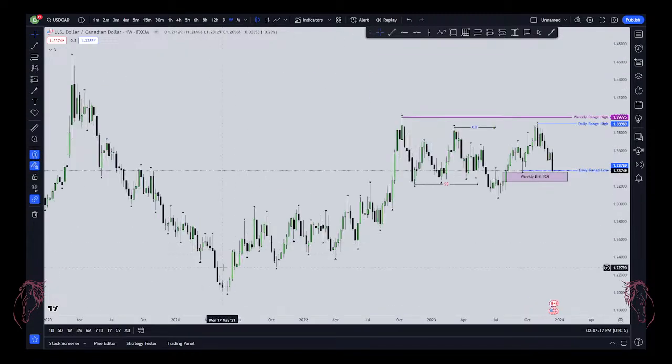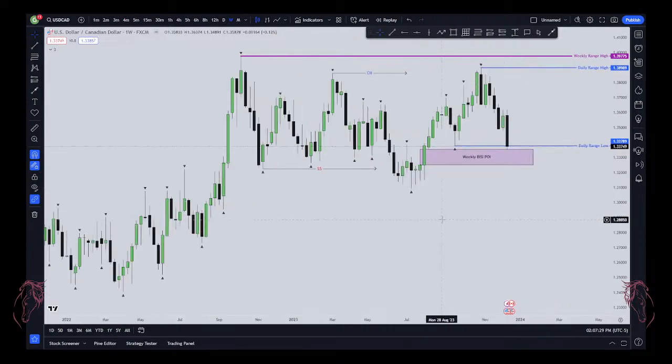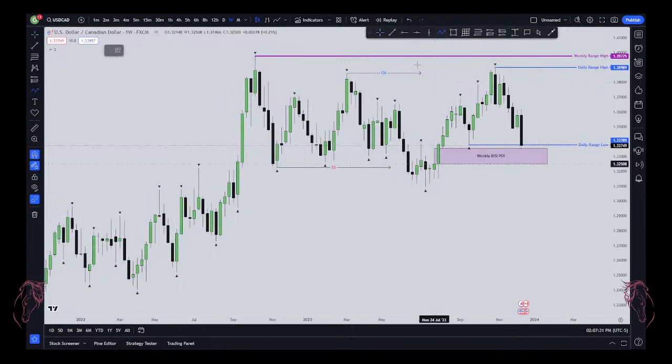We see that we've been in a bullish trend since May 2021. We've been bullish, and then once we hit this order block right here on the weekly time frame, we began to consolidate. Now, let's draw this out so we can see things in a more simple way. So here's a high, low,